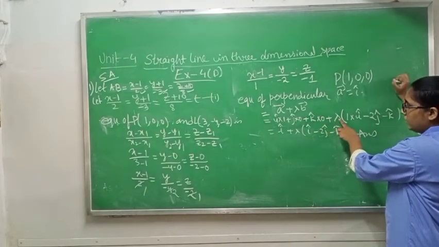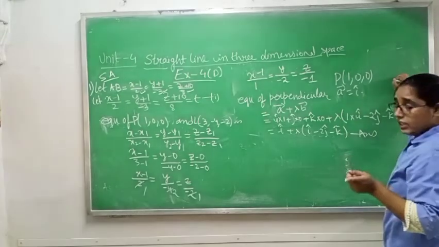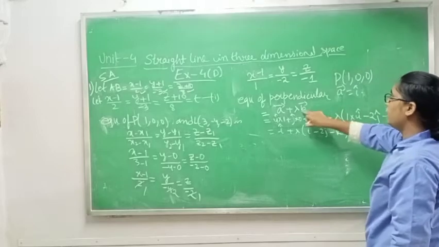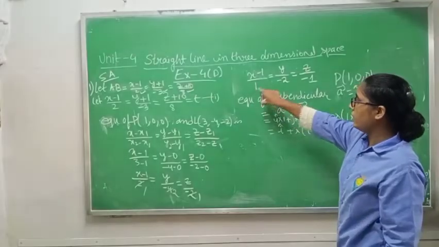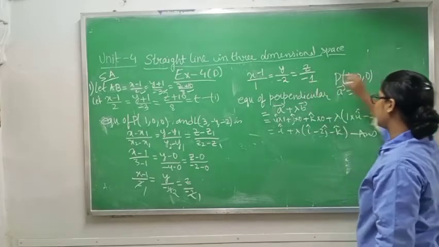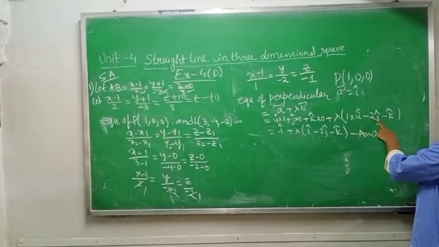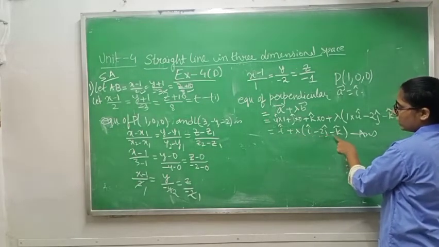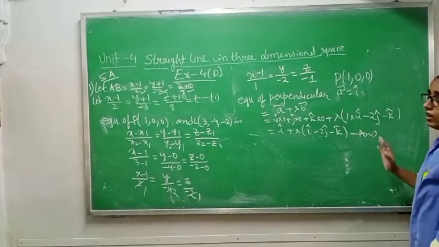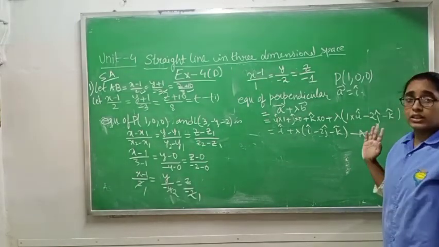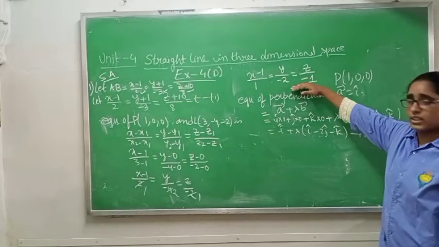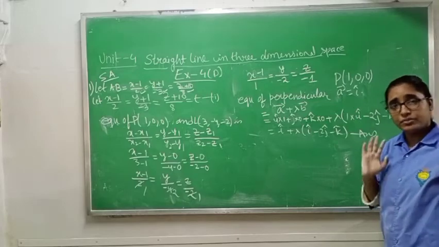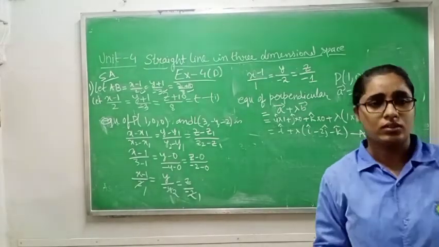into 0 plus lambda. Since I have taken t already in the first part, that is why I am not taking t again, I am taking lambda, so I am writing lambda here. B vector is 1i minus 2j cap minus k cap. So i cap plus lambda times (i cap minus 2j cap minus k cap) will be your answer when the answer is given in vector form. So first you will find the Cartesian point because 2 points you already got. After that you will use this to find the vector form. Okay, complete this one.